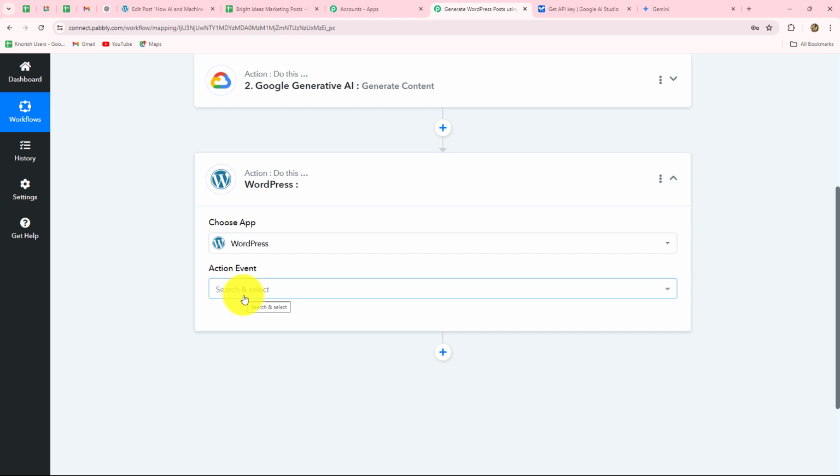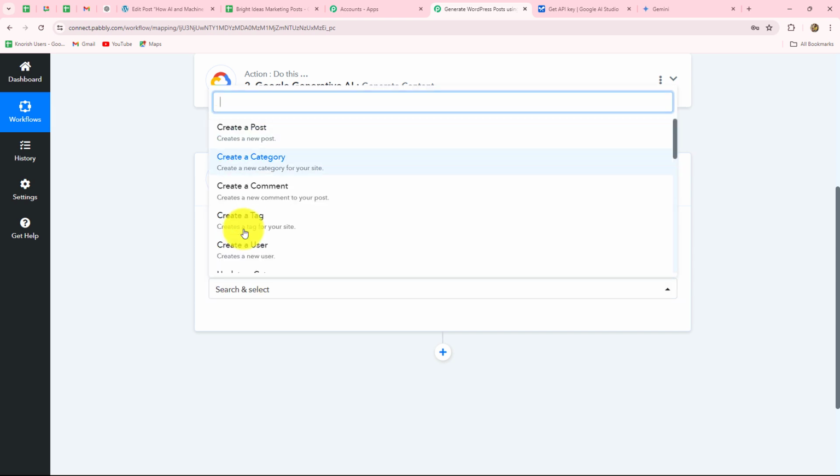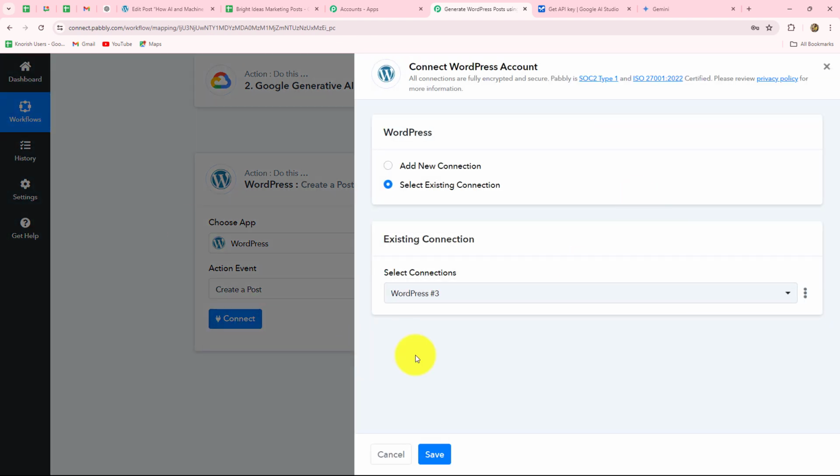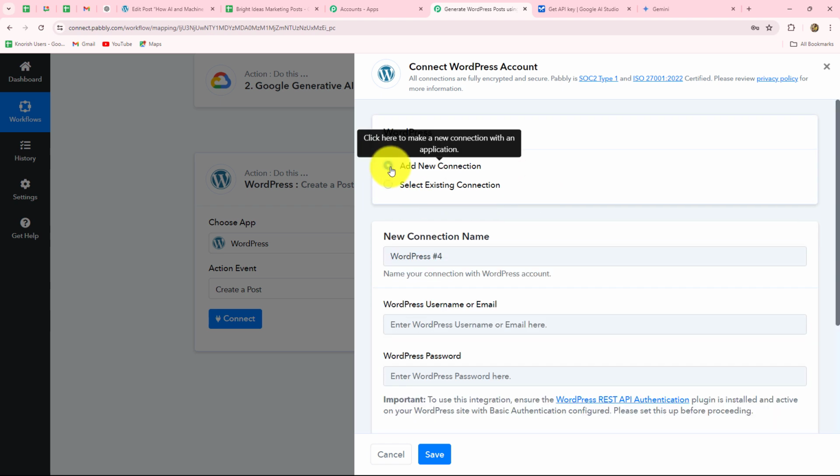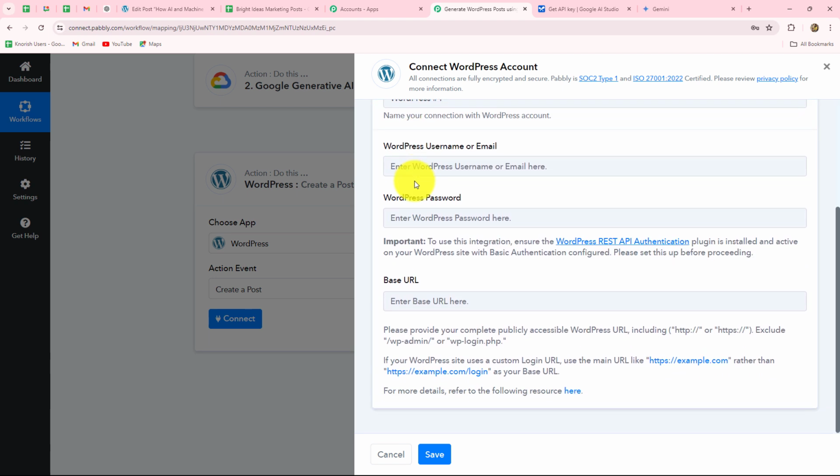Let's select that. Now we have to select the action event, and here we have multiple options. Among these options we have to select create a post. Let's click on connect. Again we have two options, add new connection or select existing connection. In case you have already built a connection, you can go with existing connection over here, but to create a new connection you have to provide three details: WordPress username or email, WordPress password, and